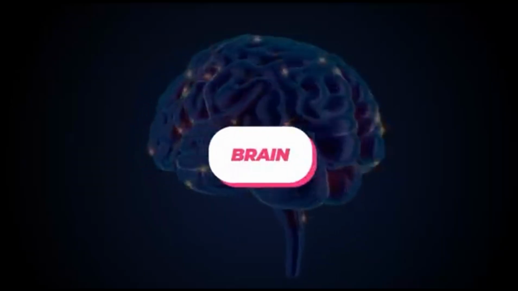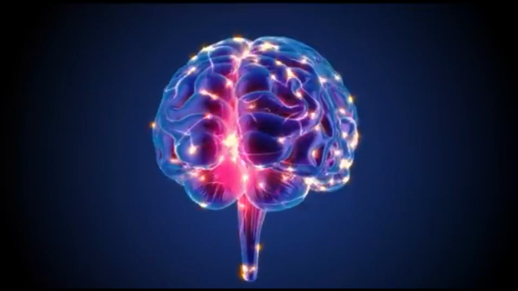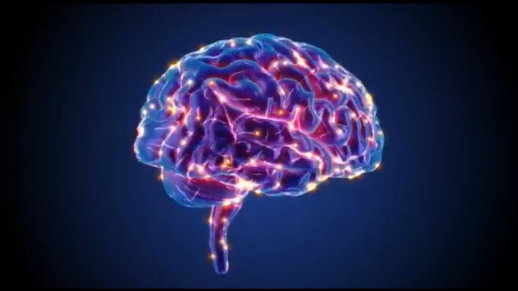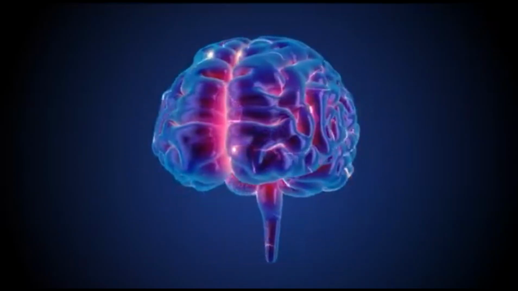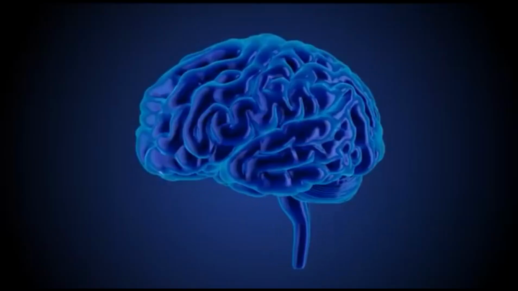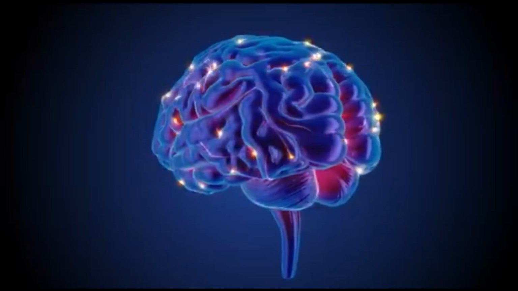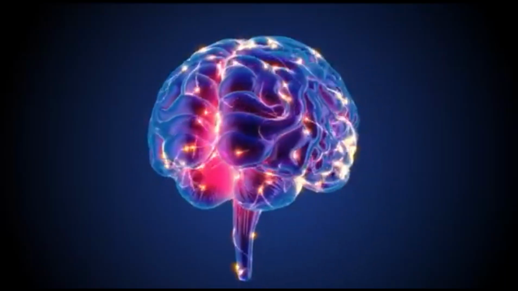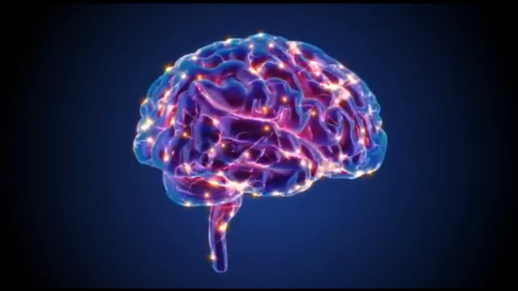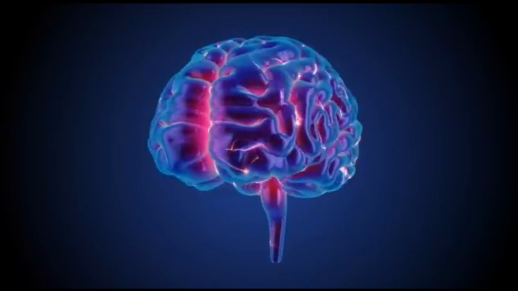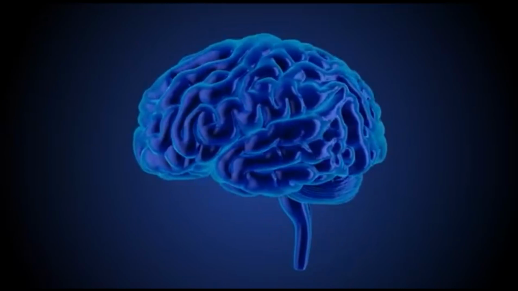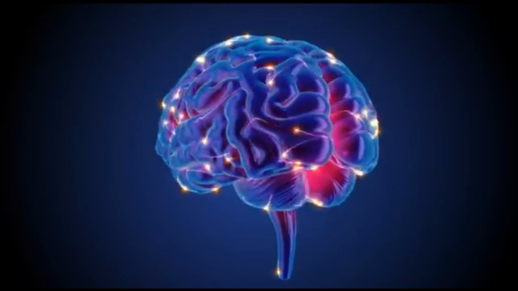Brain. The brain is a complex organ that is responsible for controlling all the body's functions, including thinking, feeling, and behaving. It is divided into several different regions, each with specific functions. The cerebrum is the largest and most complex part of the brain and is responsible for most of the brain's functions. It is divided into two hemispheres, left and right, which are connected by a bundle of nerve fibers called